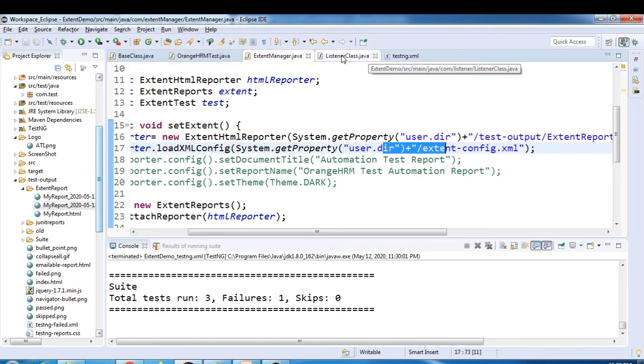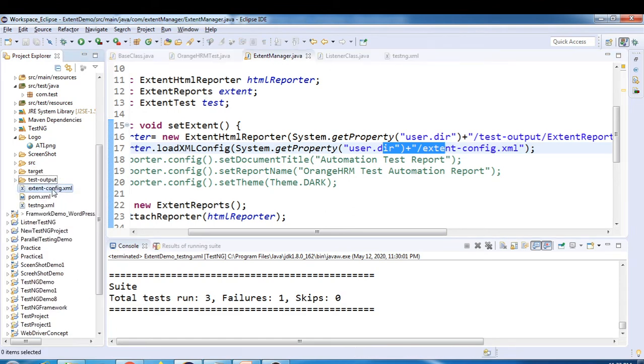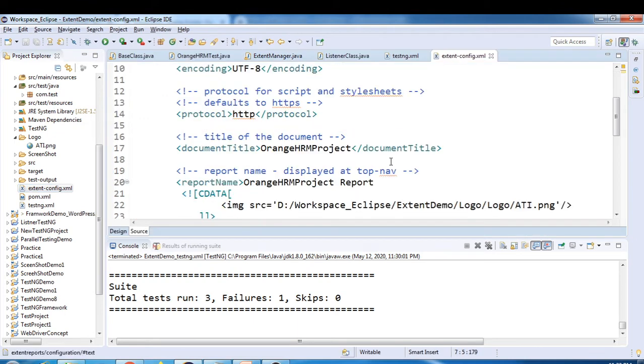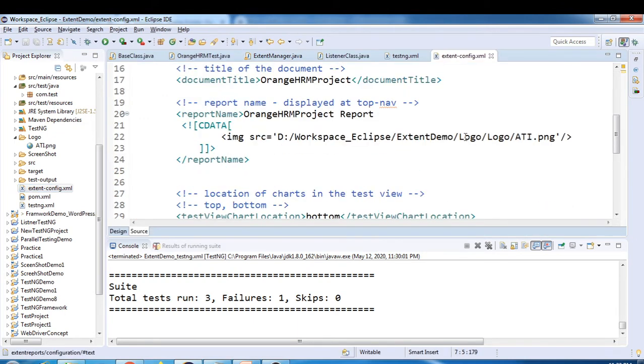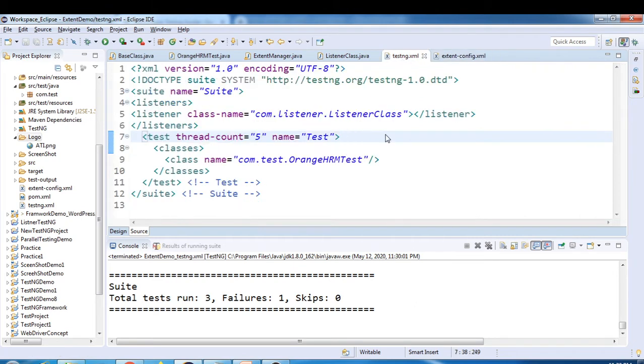We have to check the configuration file. Oh, this is what it is. It is not displaying the image, so we have to remove one logo from here. So extent demo project, and inside that we have logo folder here, and after logo we have this ati.png. Now this should be fine. Let me just rerun this